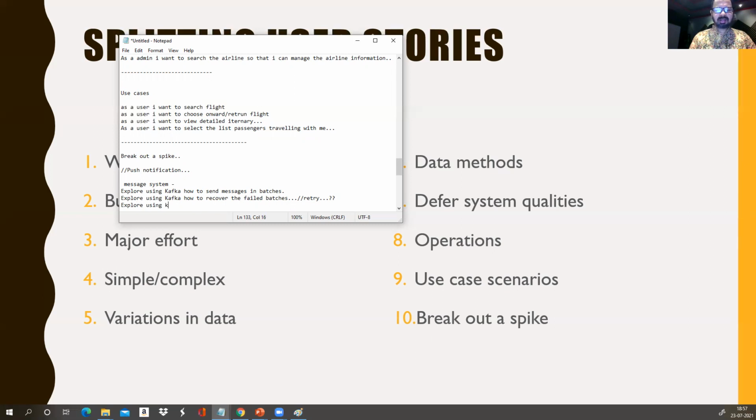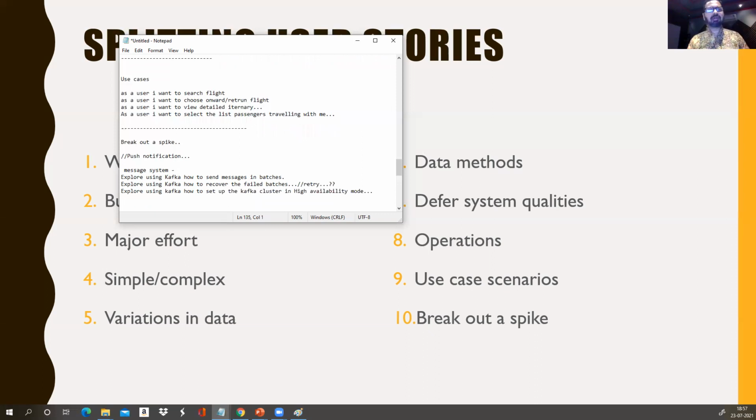Explore using Kafka. Another thing is how to set up the Kafka cluster in high availability mode, so that always our messages are going, and the Kafka server is always available.